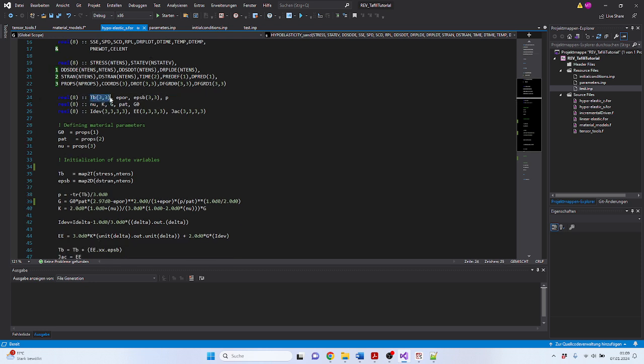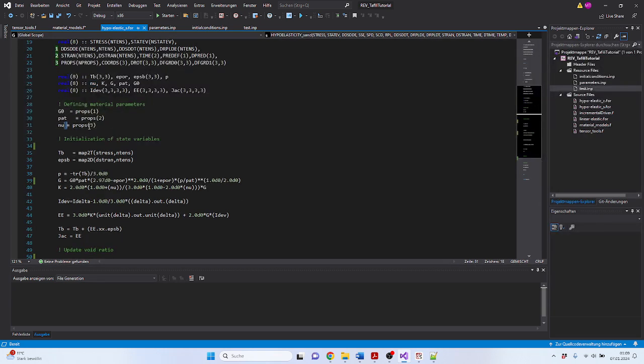So we have the stress named as TB, and it is a second order tensor. We have EPOR, the void ratio. We have EPSP, the strain in tensorial notation. So the increment of strain, but in tensorial notation. Then we have P as the mean effective pressure. We have nu as a parameter, which is called here, props 3. And we have K and G, the bulk and the shear modulus. We have P atmospheric. We have G0